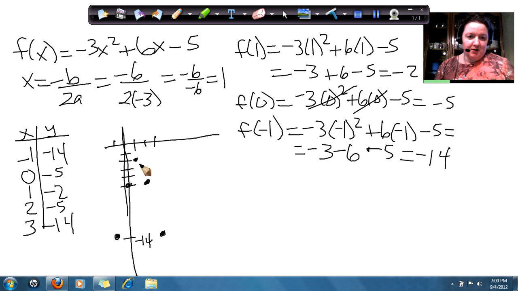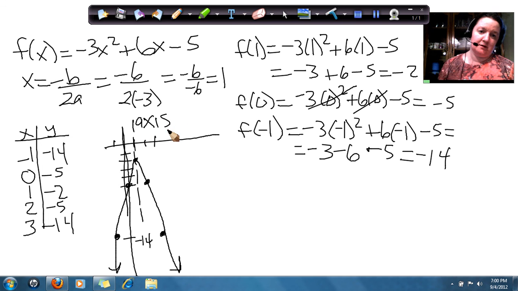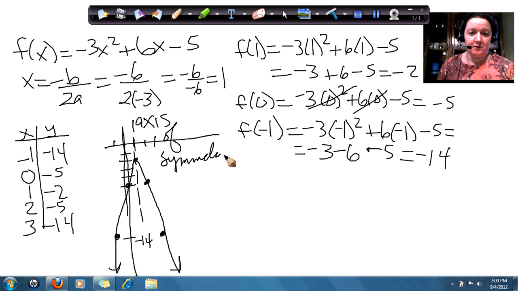So now let's draw our parabola. So it looks like that. We can draw our axis of symmetry going through here. Axis of symmetry, and we know this is our